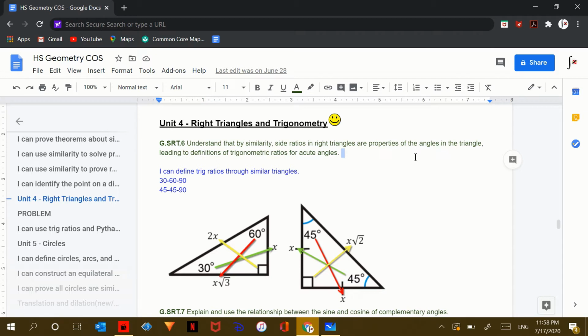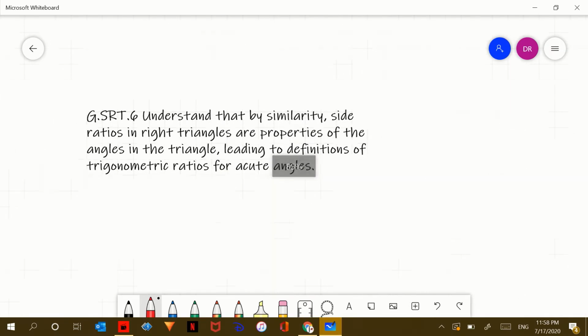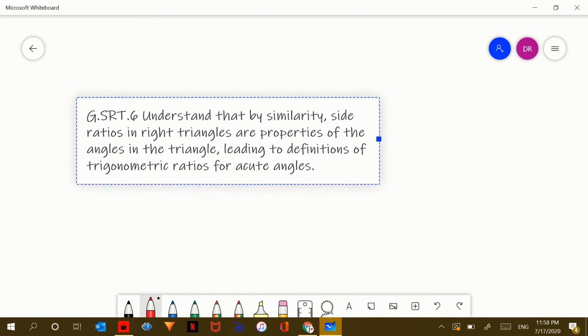In this video, I will be doing the introduction to right triangles and trigonometry. So, let's begin. Understand that by similarity, side ratios in right triangles are properties of the angles in the triangle, leading to definitions of trigonometric ratios for acute angles. So knowing this, we know that there's a ratio between the angles and the